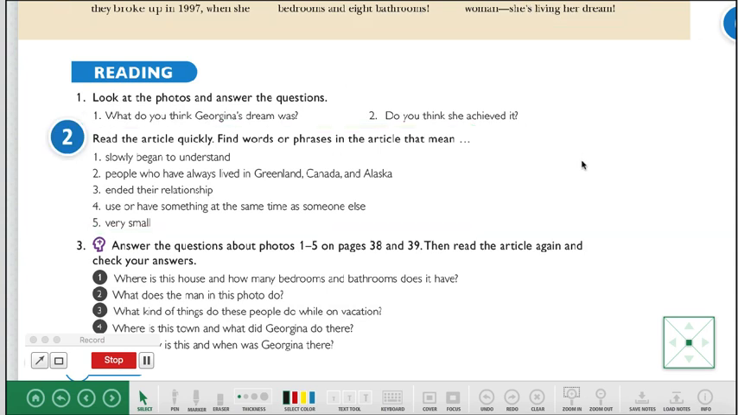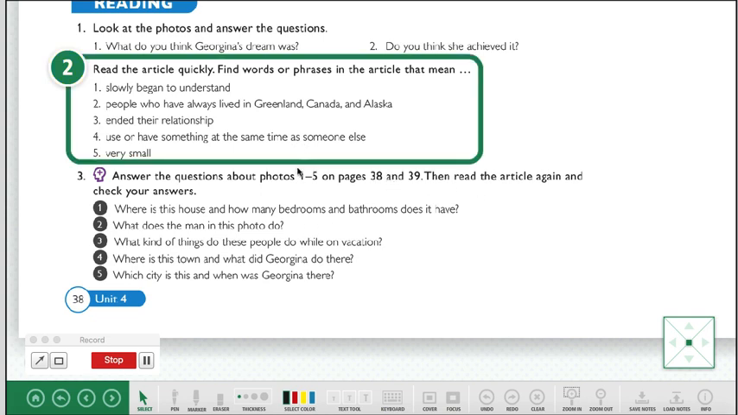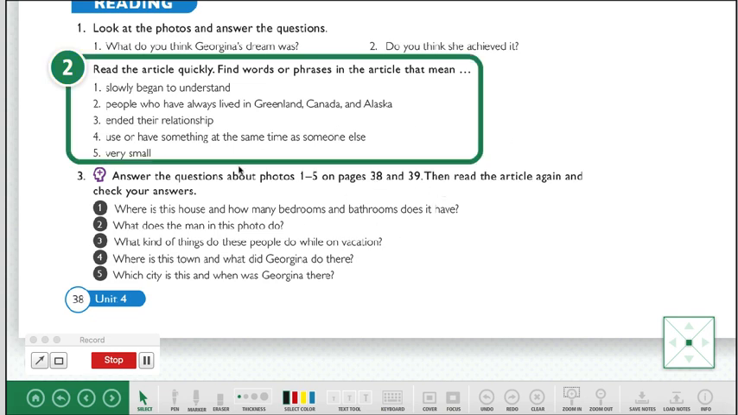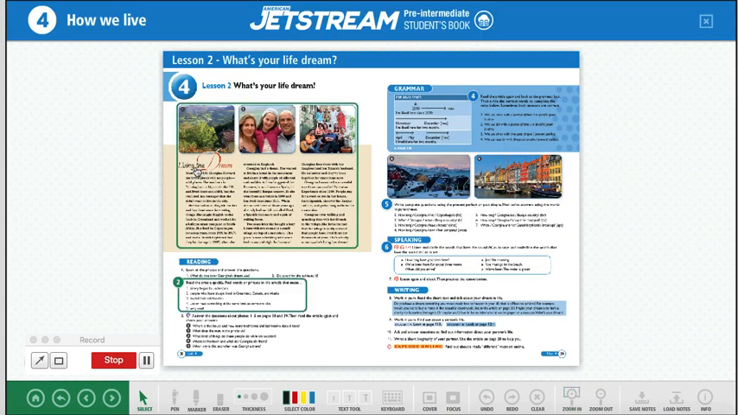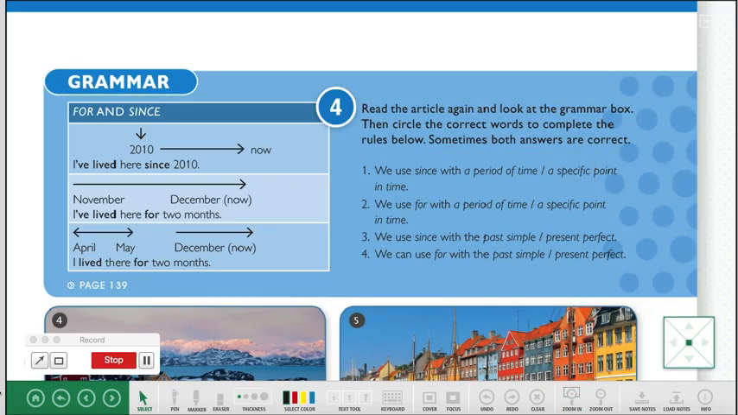Yeah, that's the idea. Well, exercise number 3, which is going to be done too, you have to answer the questions about the photos on pages 38 and 39. The photos from 1 to 5 on pages 38 and 39 have the information to answer the questions over here. For example, where is the house and how many bedrooms and bathrooms does it have? Where is the house? Pictures number 1, 2, 3, 4, and 5. Those are the pictures we will talk about. Okay, then after that exercise, number 3 with the questions,